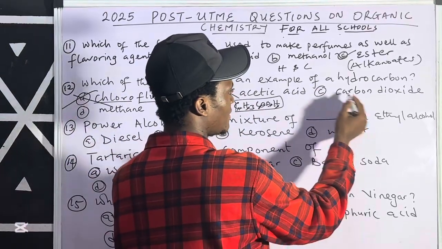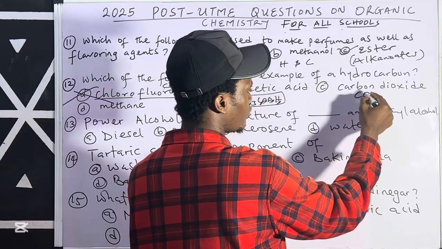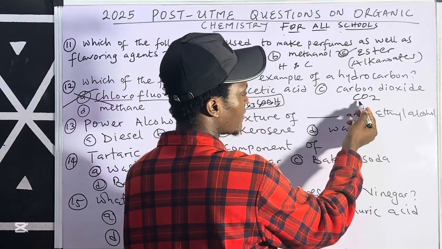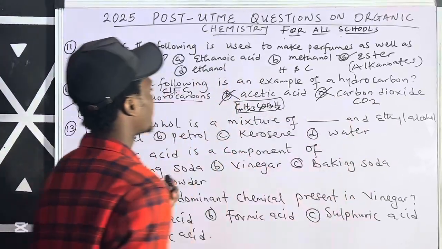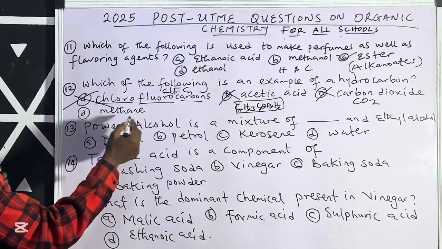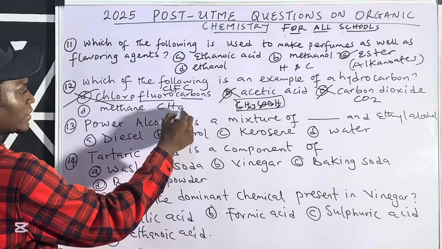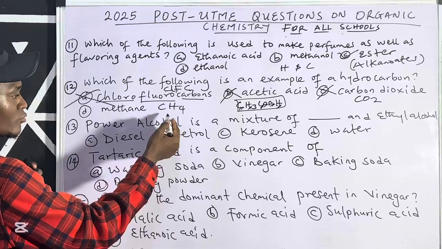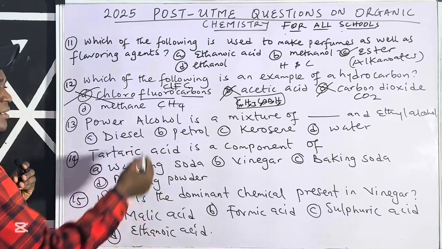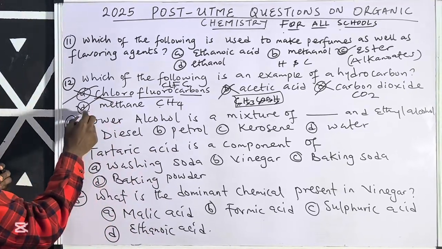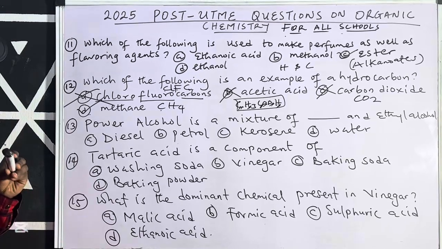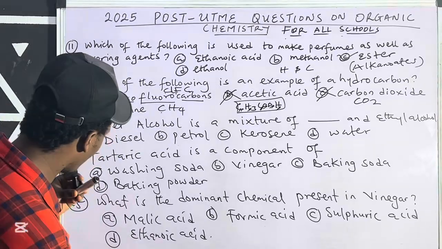Then C, carbon dioxide, which is CO2. This one does not contain hydrogen, so it's what? Wrong. Then methane. Methane has the formula CH4. So how many elements are here? Two. Carbon and what? Hydrogen. So this is an example of hydrocarbon. Option D becomes the correct answer. Then let's see the next question. The next question is,